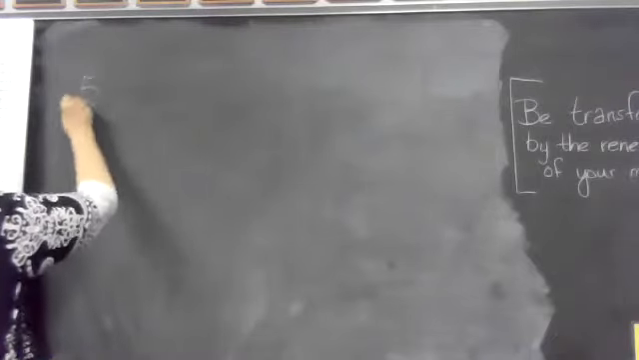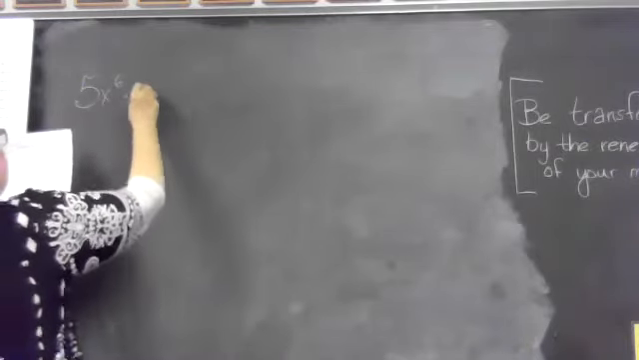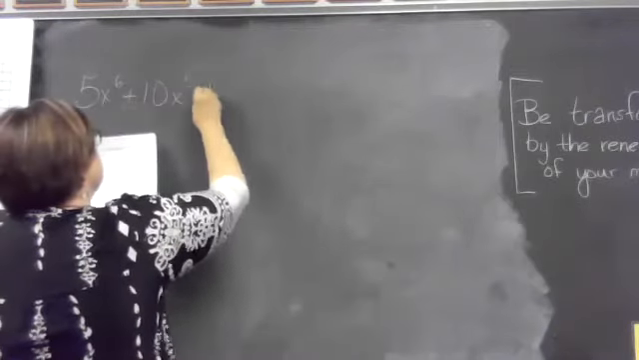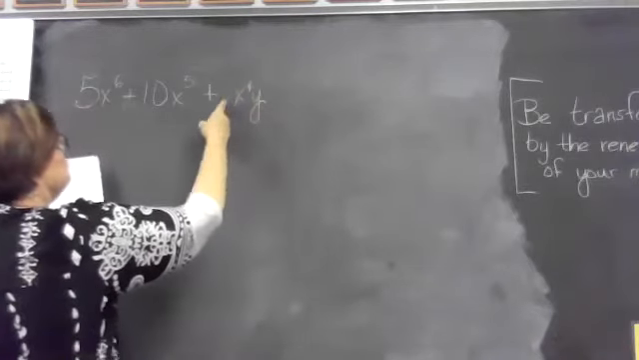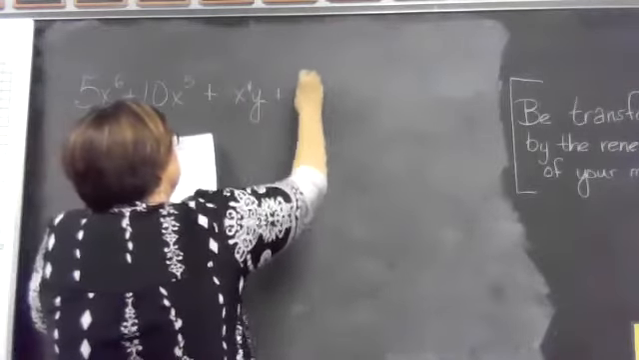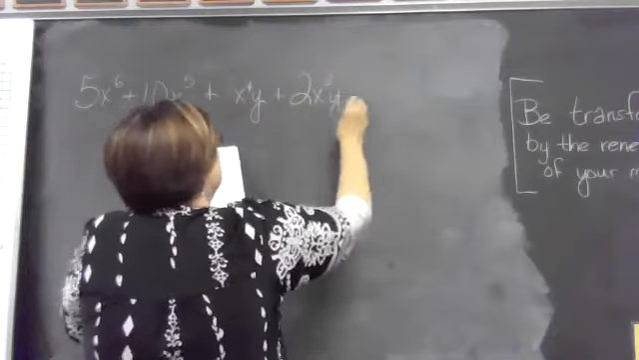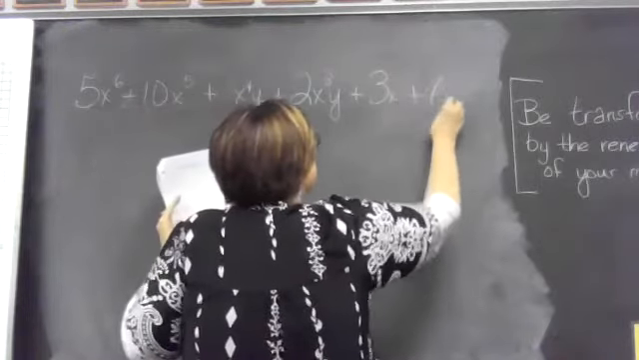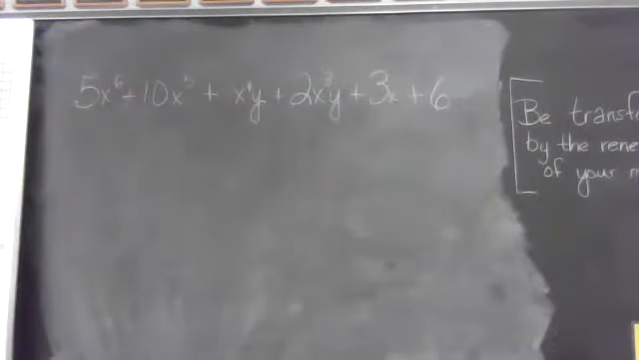So now I have 5x to the 6th plus 10x to the 5th plus x to the 4th y. And we understand that if there's not a coefficient, it's an invisible 1, okay? Plus 2x cubed y plus 3x plus 6. Okay, all of you quit shaking and take a really deep breath